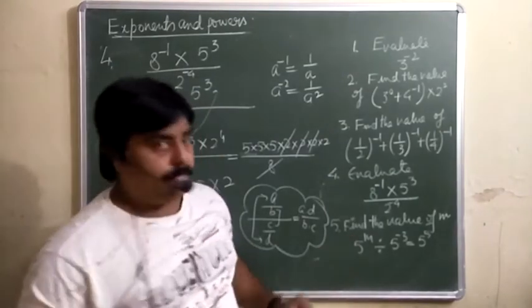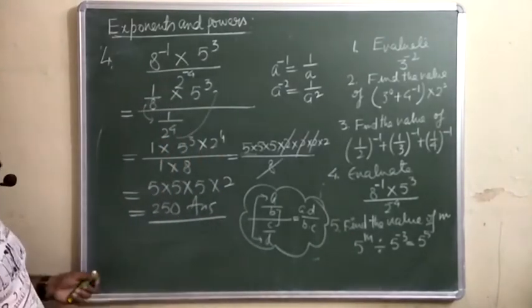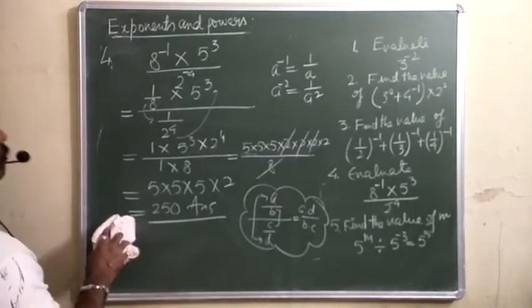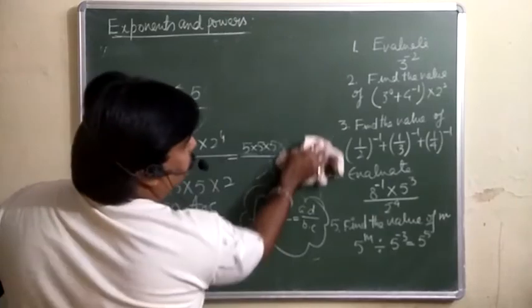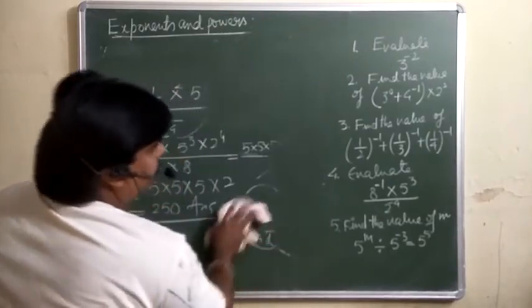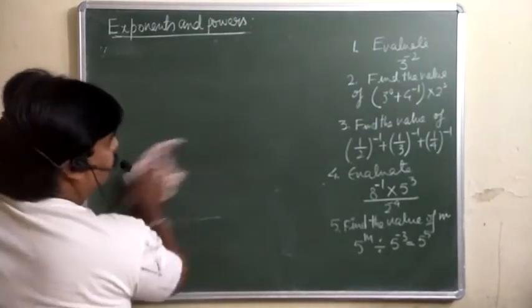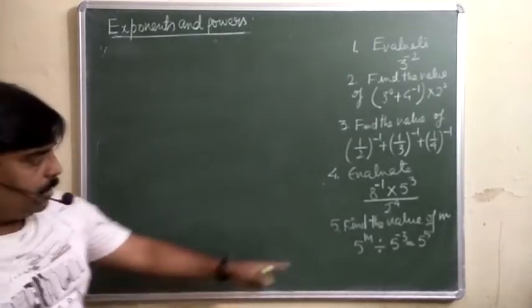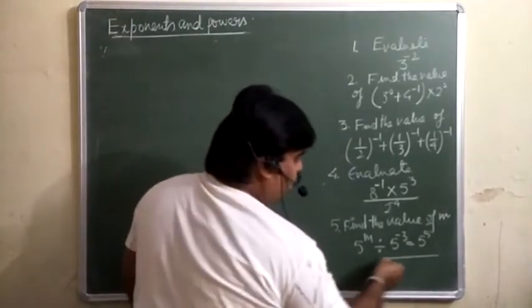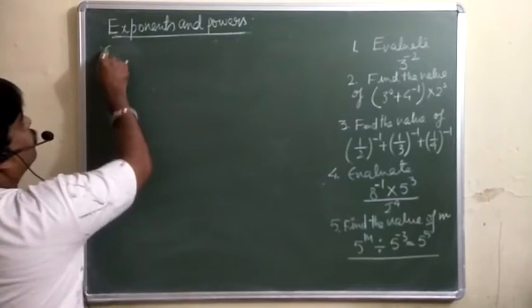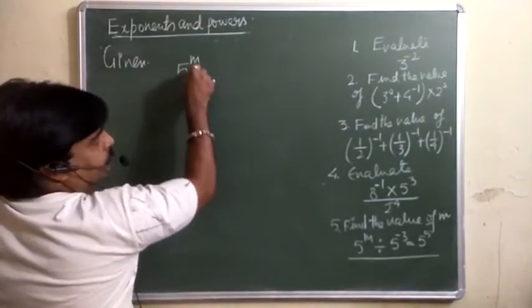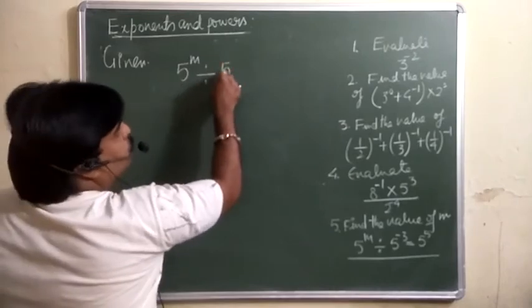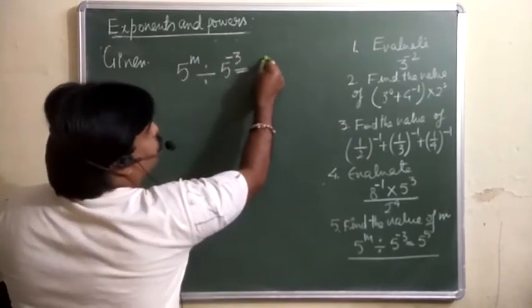Now see the question number 5. So see the question number 5 now. Now question number 5 is we are supposed to find the value of m. हमको we are given 5 raised to power m divided by 5 raised to power minus 3 is equal to 5 raised to power